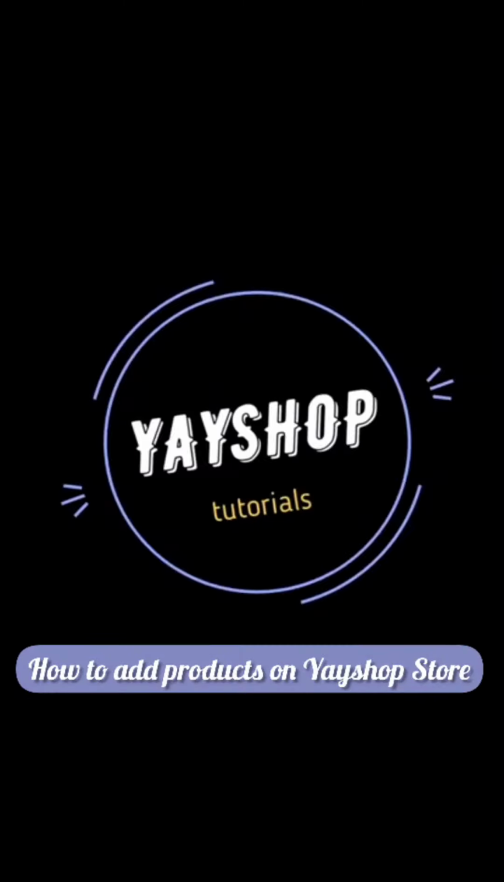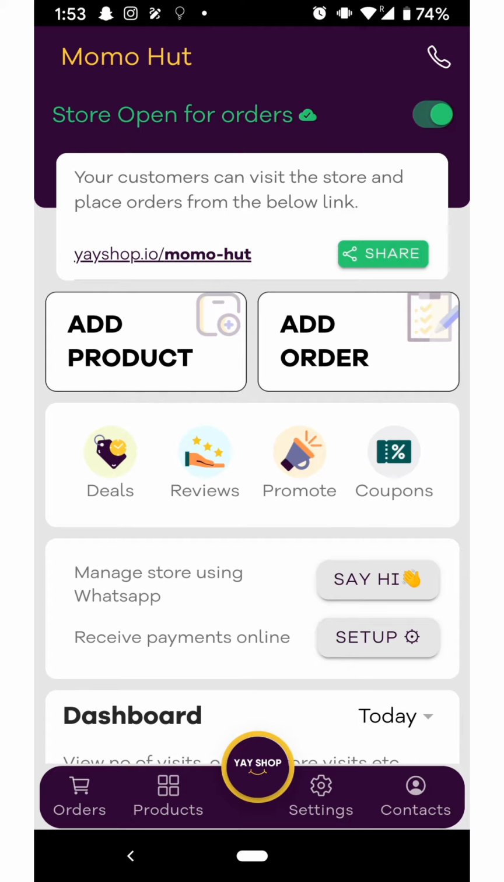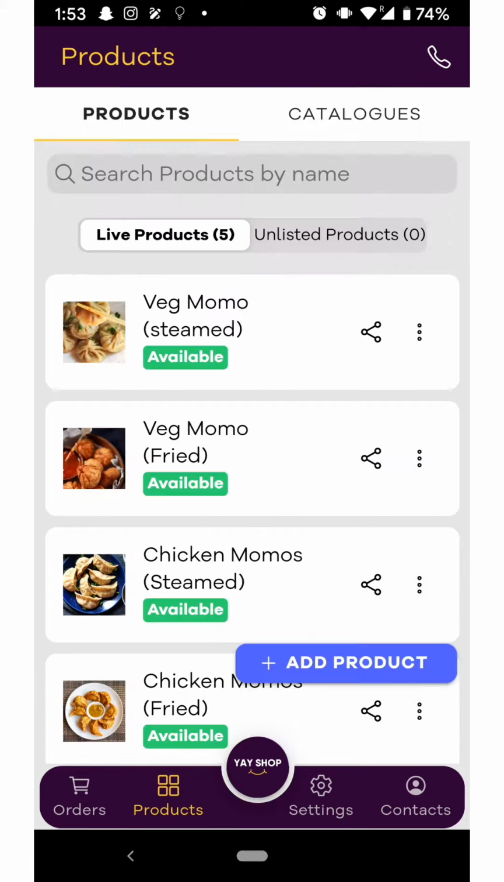Hey guys, so today we are going to learn how to add products on YAYSHOP store. So as soon as you open the app, this is the screen that you'll be looking at. You go to the product tab and here you can either create a product from this page itself by pressing